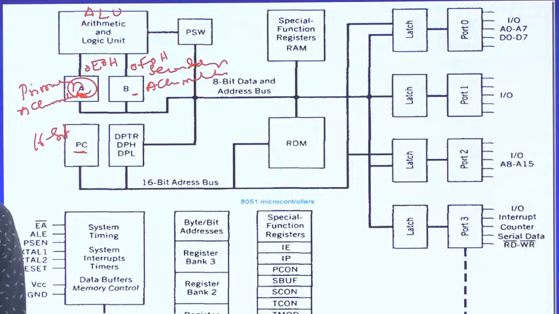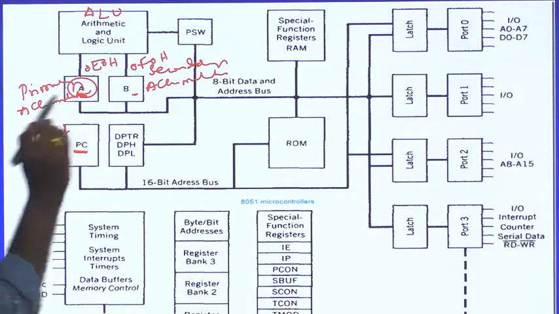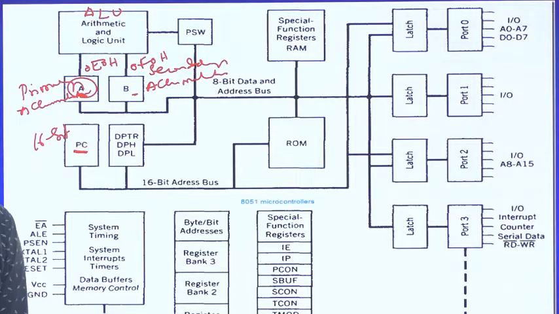That is the functionality of PC. But now listen friends carefully. The important thing about this program counter PC is that this is the only register in the entire 8051 that doesn't have any internal address. The program counter PC didn't have any internal address. Previously I told you that A register has an internal address 0E0H, register B has an internal address 0F0H. Like that, there is no internal address for program counter PC.